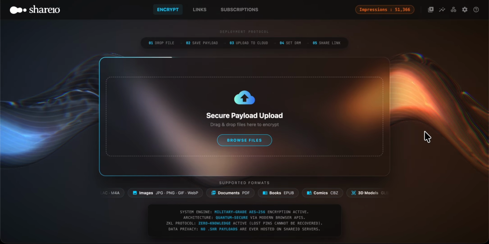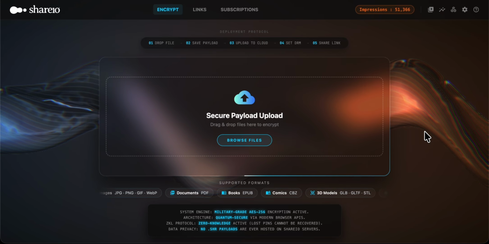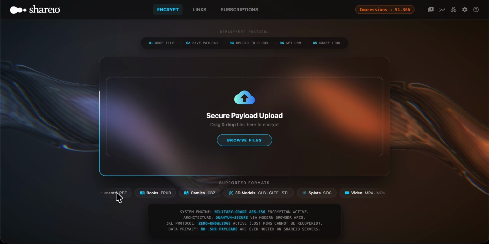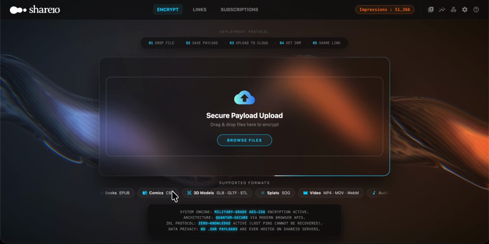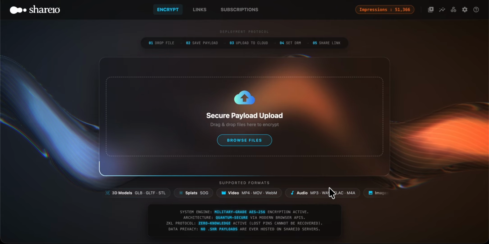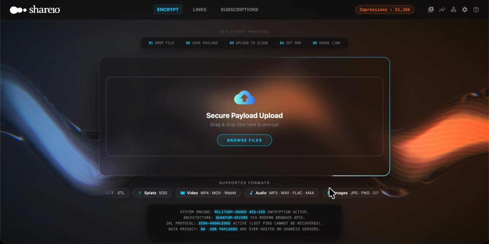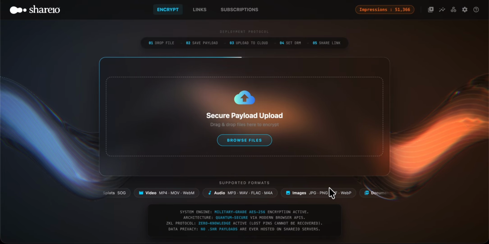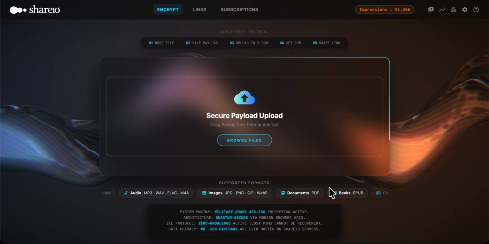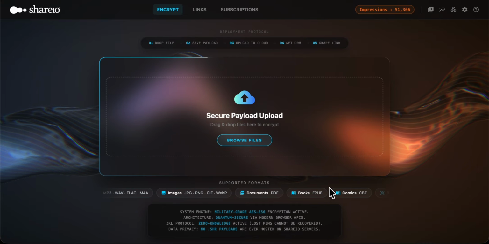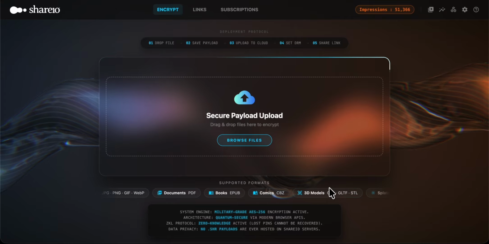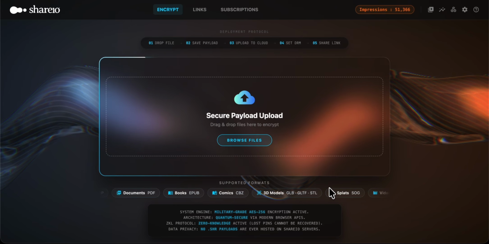Okay, the first part of Shareio version 2 is the ability to encrypt files, typically content. If you can see this long list here that we support, from books, comics, 3D models, splats, videos, audio, documents, EPUB, a wide array of file types. Why this is so different is we encrypt the content to a new format called SHR, which is AES-256 encrypted. We use elliptic curve cryptography, so we have zero knowledge of the key or the location of where that file